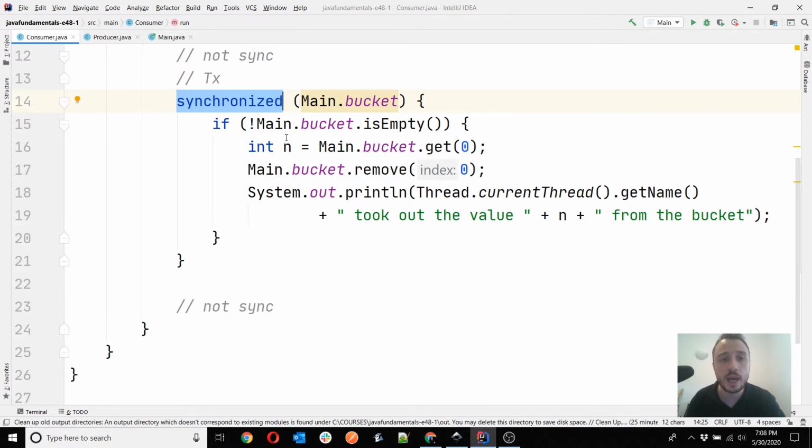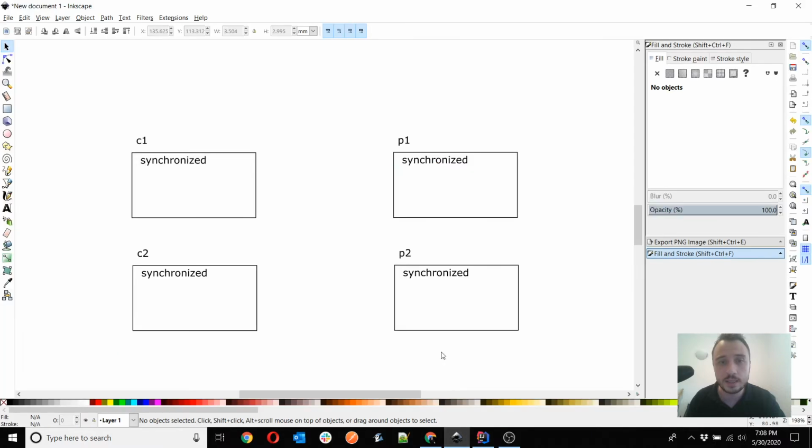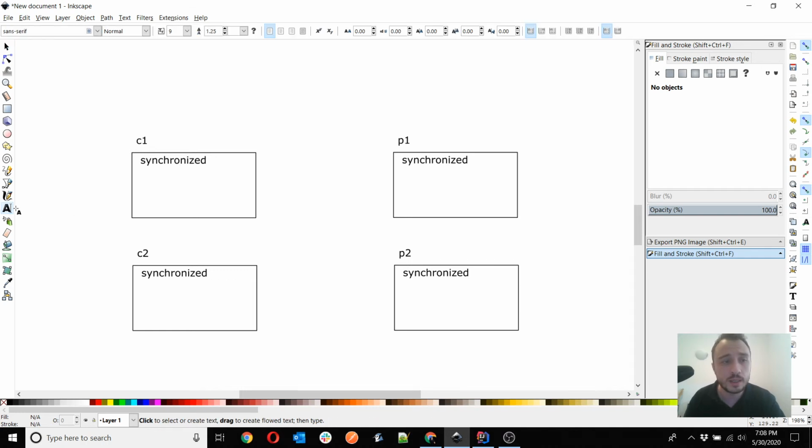So what actually happens with this synchronized, let's take a look with my visual, is that when C1 manages to obtain access to the synchronized block, so access to the lock, what happens here is that we have a monitor. Remember, the monitor is the object we use to manage the synchronized blocks.